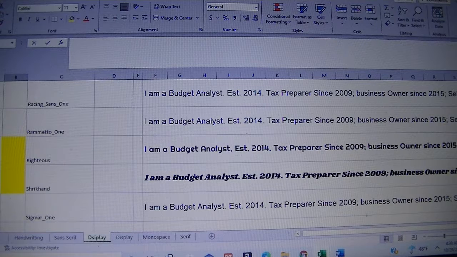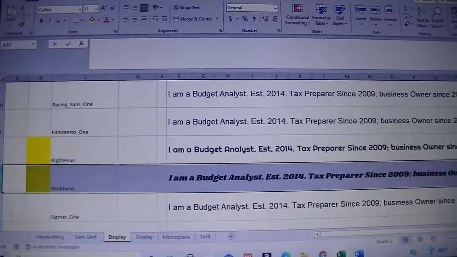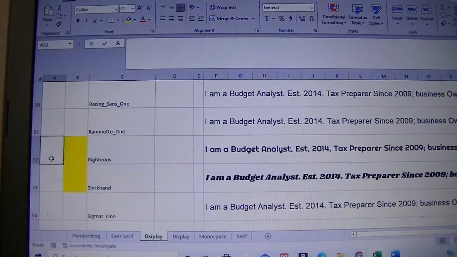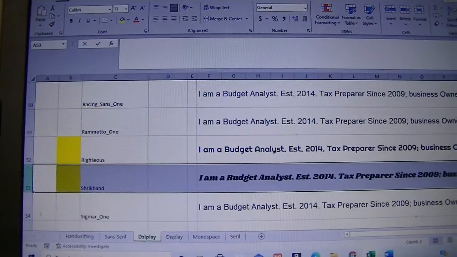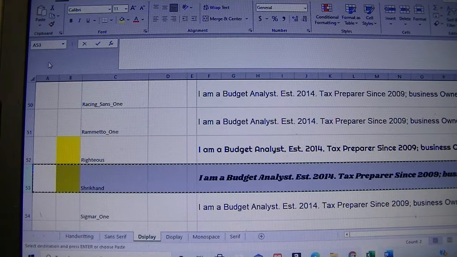To do that, let's say we like this one, for instance. I don't know if you saw what I did, but I just clicked on the far left. Let me try that again. So I click on the far left, right click, and click on copy. And when I go all the way up,